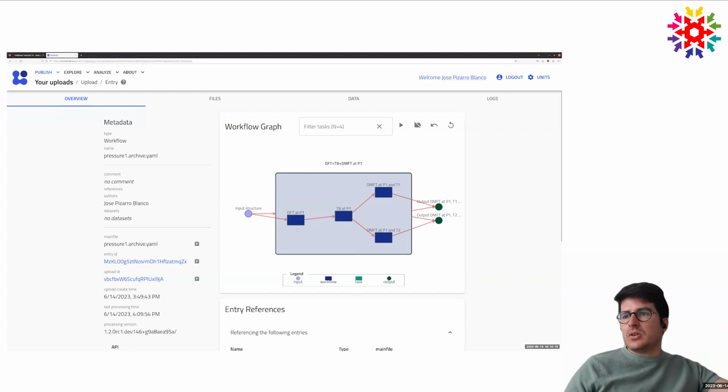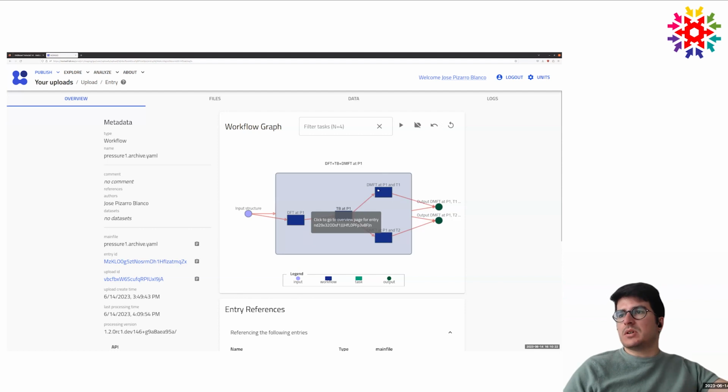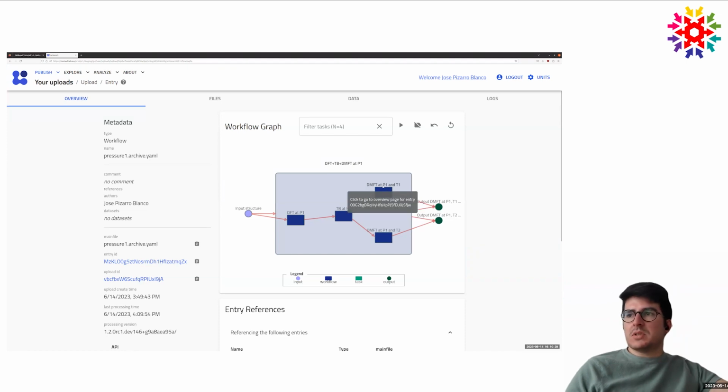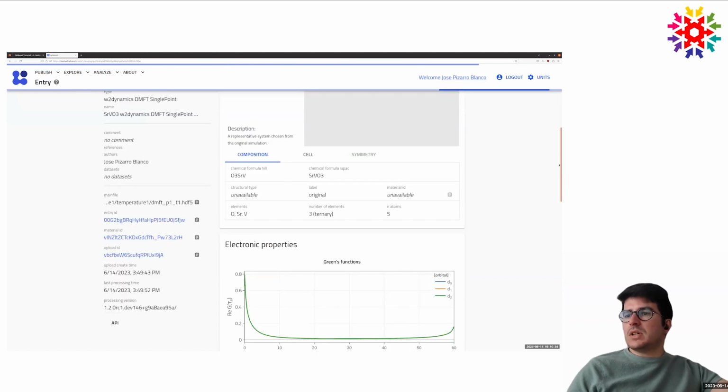And interestingly, now you can zoom in. Now you will see the single point of that specific DFT in this case, but you can go to the DMFT. Again, you can click on the names, and then you will go to the specific entries. So if you click on the name of the DMFT at pressure 1, temperature 1, we will see the entry of that specific